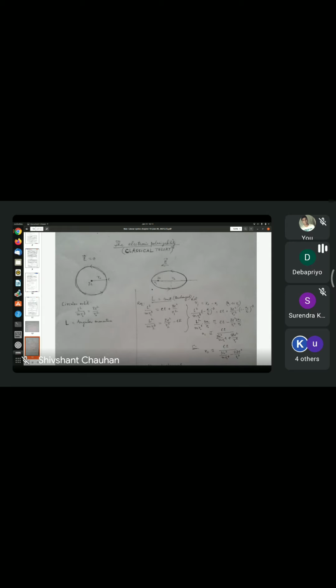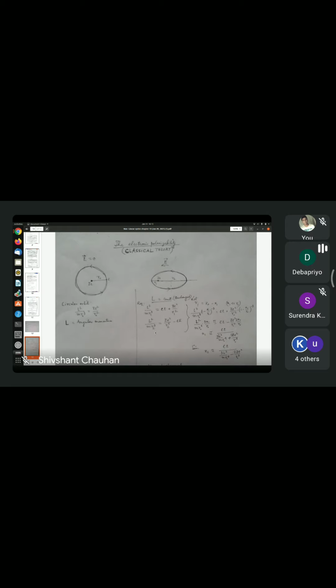The superimposed electric field does not change the angular momentum, so L remains constant or conserved. So then the equations are L square by m r1 cube equal to e E plus Z e square by r1 square. Here on the left hand side, the electric field E exerts a force on the electron in the same direction as the force exerted by the nucleus. So the two forces add up.